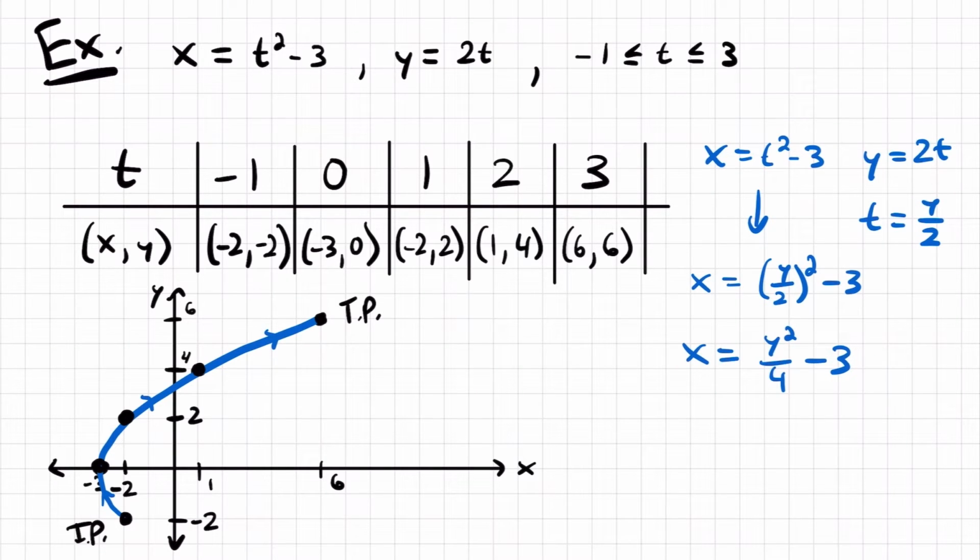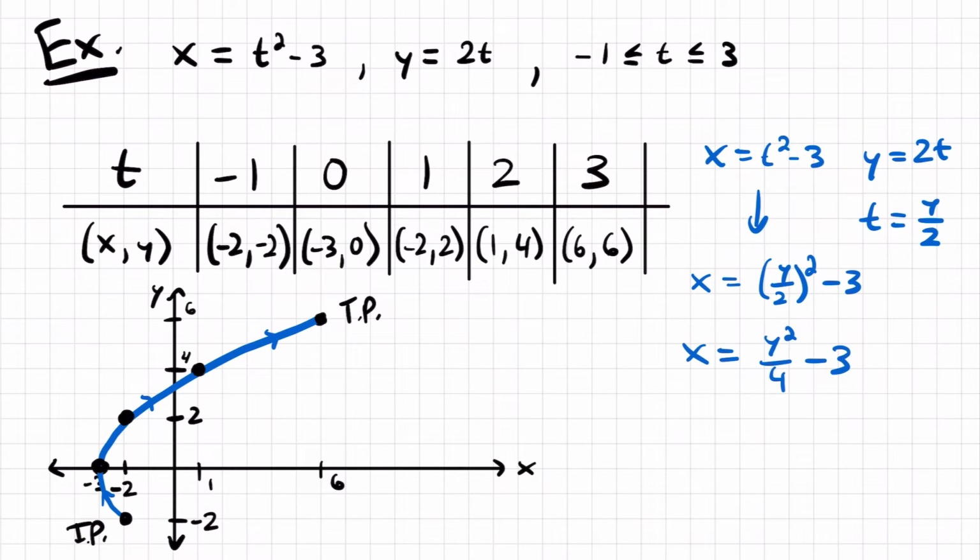X equals y squared divided by 4 minus 3 is a parabola in terms of y that is shifted 3 units to the left. So instead of being at the origin, we are 3 units to the left, and then dividing y squared by 4 tells us that we're stretching that parabola. All right, so you could also use this equation to graph your plane curve, but what you would still have